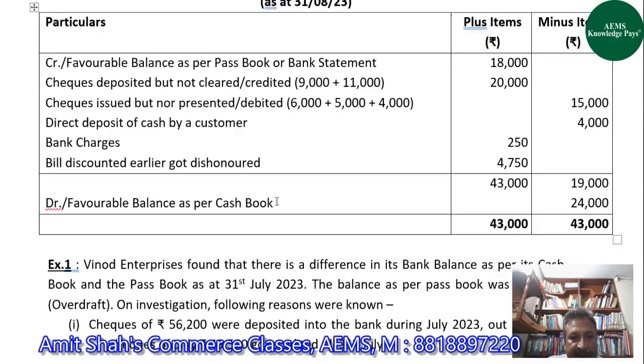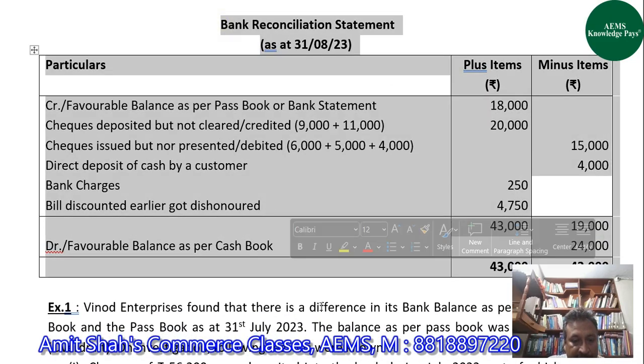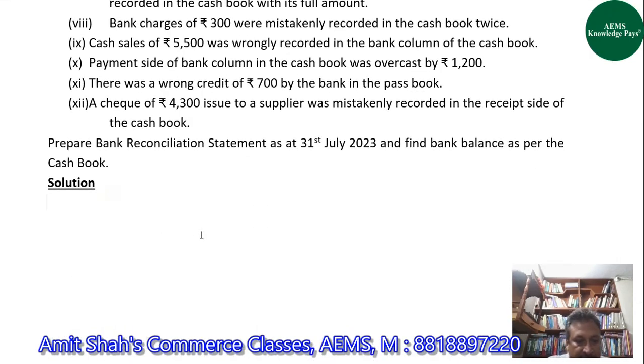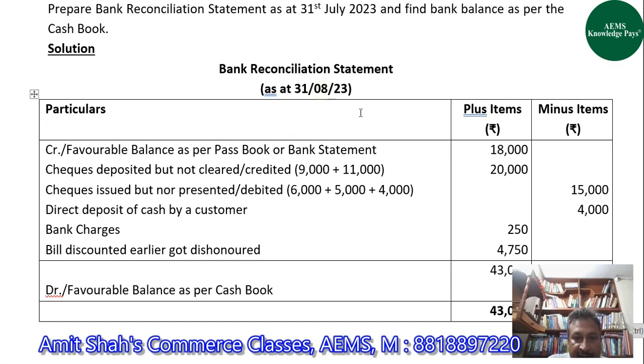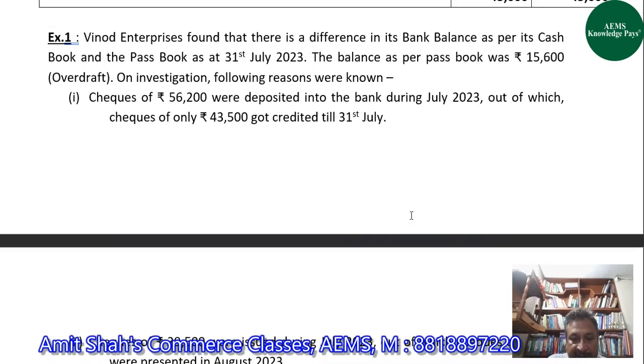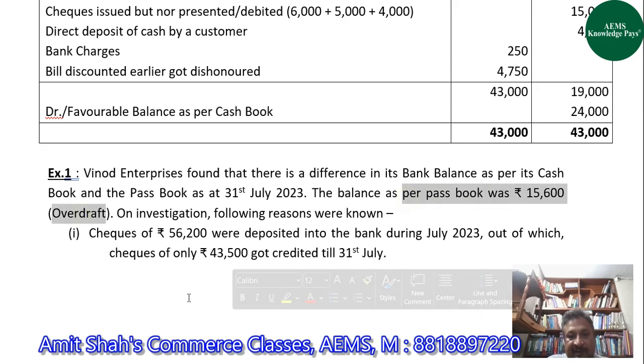Now we have to prepare bank reconciliation statement. I have tried to cover all the points in this question which were not covered earlier. This is how you'd be asked questions of BRS. So as at 31st July 2023, we have to make BRS. The balance that we have given in this question is as per the passbook, and that balance is 15,600. Overdraft means it is a negative